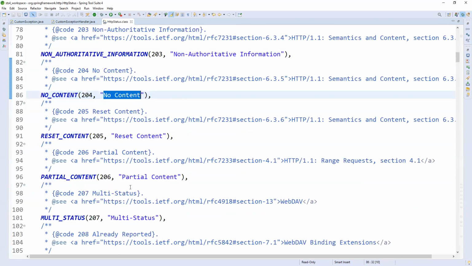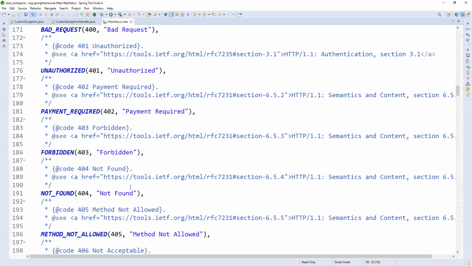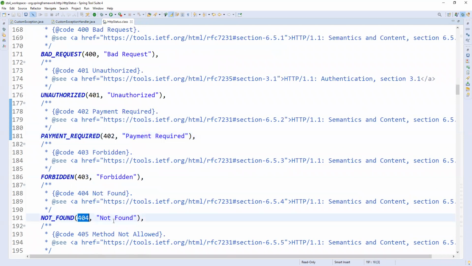So these are the 200 series. And coming to the 400 series, 400 is bad request. Whenever you are passing improper data to the particular API, we need to validate, and based on the validation we can return bad request. Then there is unauthorized 401 and 404 not found.